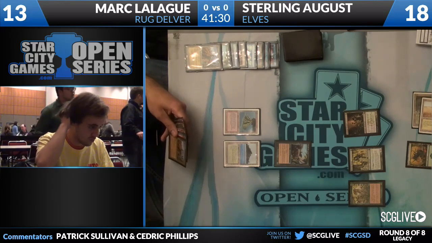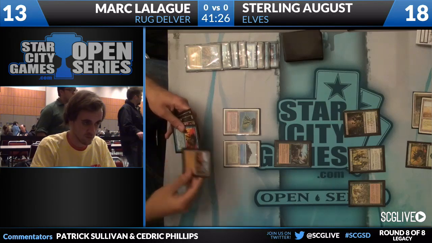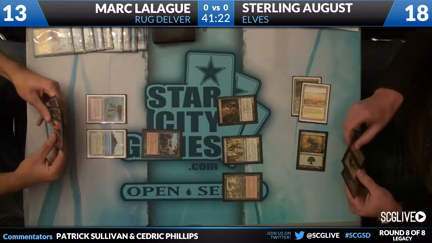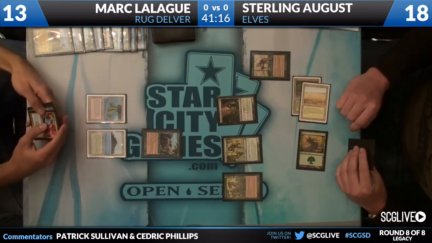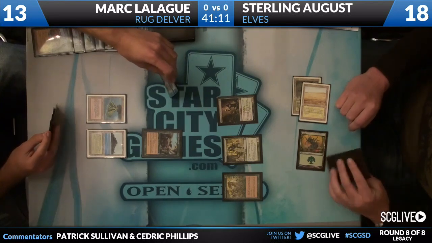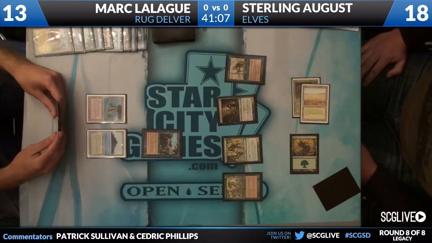Now we do see Marc scratching his head, figuring out exactly what he wants to do here. We are going to see Wasteland there on the Bayou. We're going to see a Crop Rotation in response. Crop Rotation is a card that we will bring on the stream for you guys, as Marc is going to take a look at it as well. Sacrificing land, part of the cost. Yes. So that Bayou should be in the graveyard, but